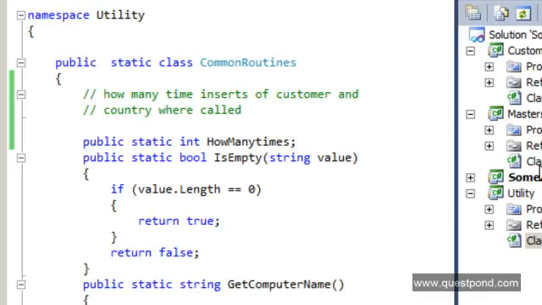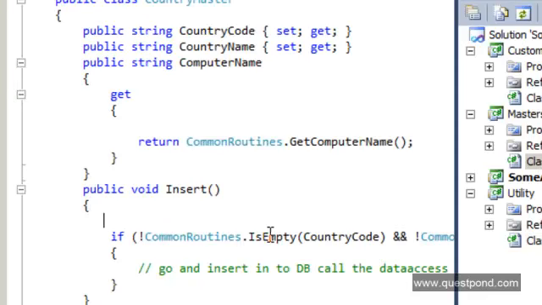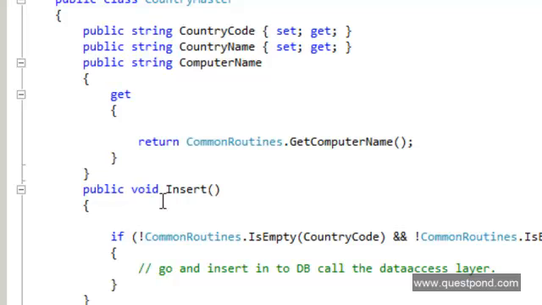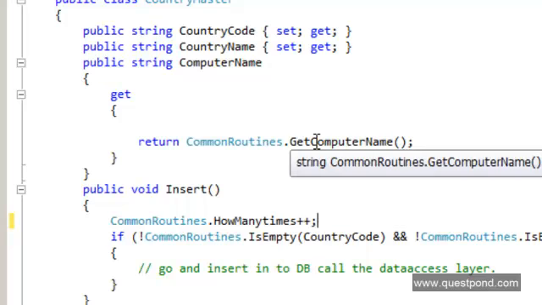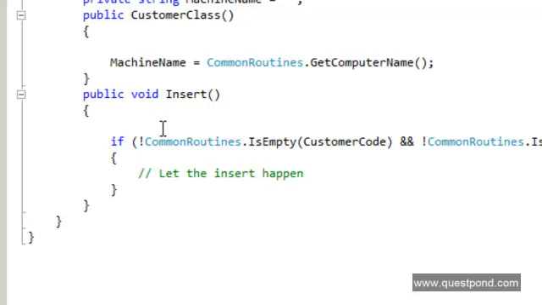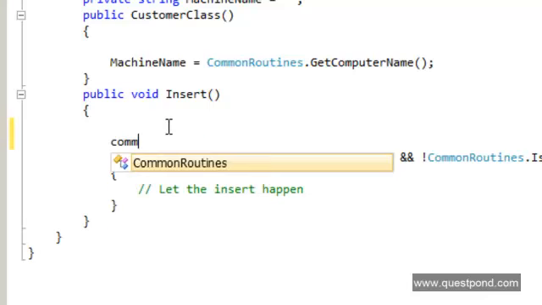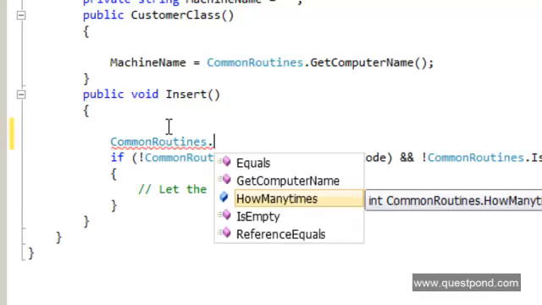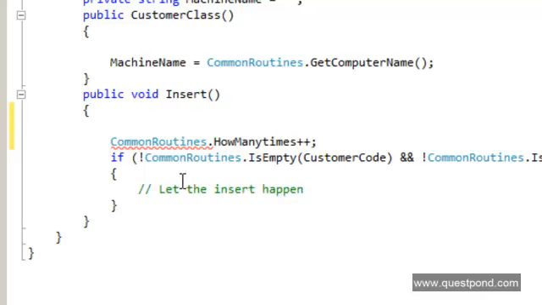Now what we'll do is this: the how many times variable will increment every time we call this isEmpty function, or the get computer name function. So let me say here common routines dot how many times plus plus, and in the same way let me go here and say common routines dot how many times dot plus plus. So every time you invoke a function over this common routine, I'm going to increment this variable. Right,